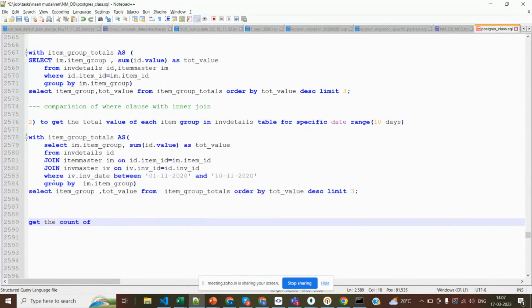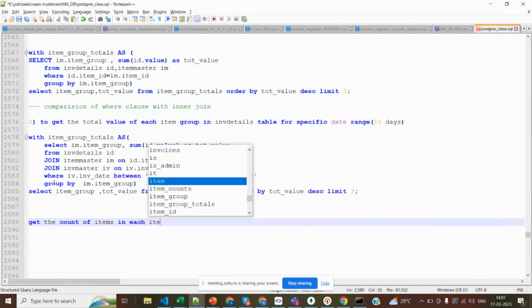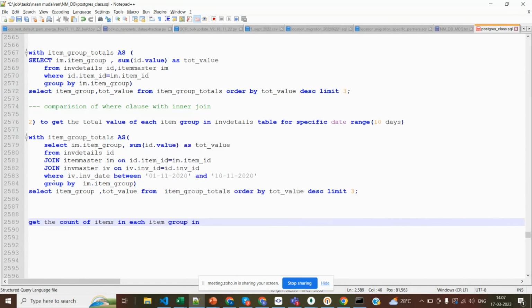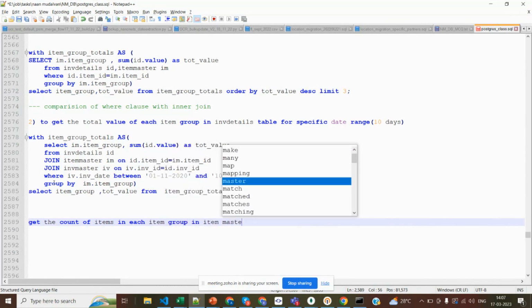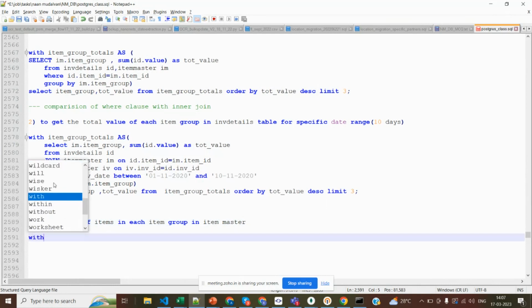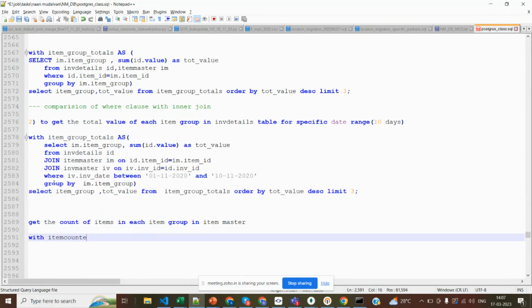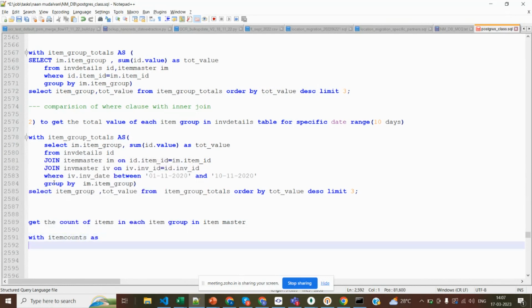This is a very simple query, but we are going to do it with the WITH clause, with item counts, any name, as